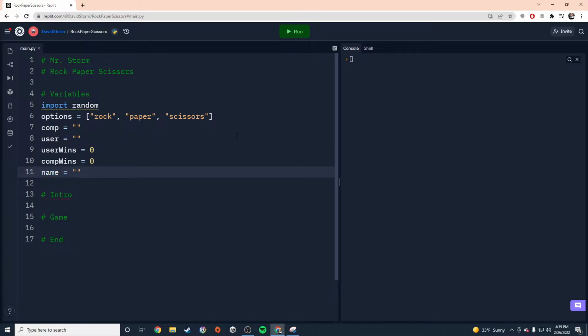Now you might be wondering, Mr. Storm, why aren't you just doing it like we did before, where you create the variable, then put the stuff in there? I could do that. The problem is whenever we get into loops, we don't want,